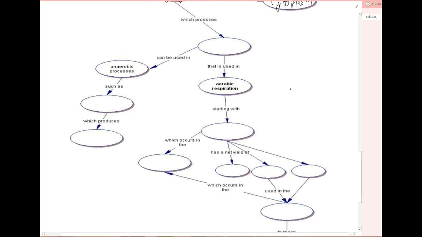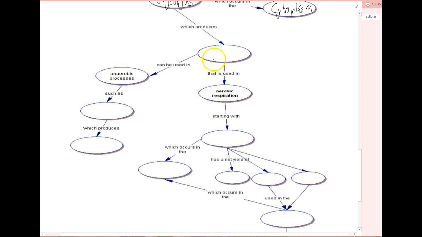Glycolysis produces these 2 3-carbon molecules, right? Called what? In glycolysis, we take a 6-carbon sugar and we split it into 2 3-carbon sugars called pyruvate. Without oxygen, right, we can go through this anaerobic process